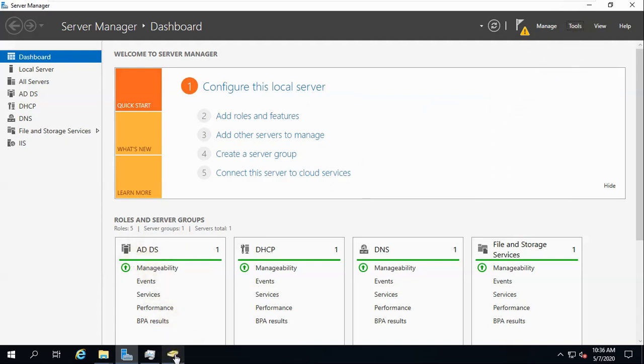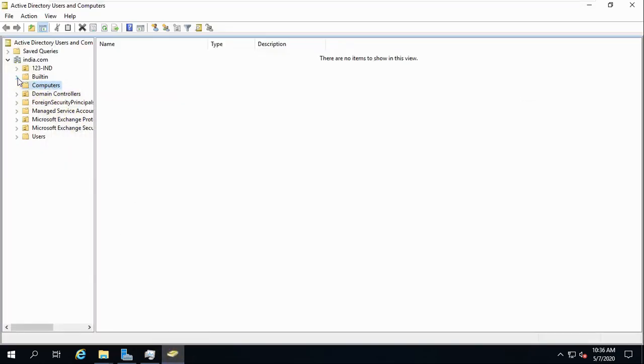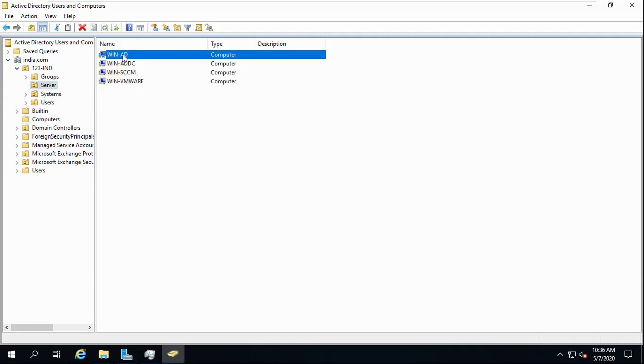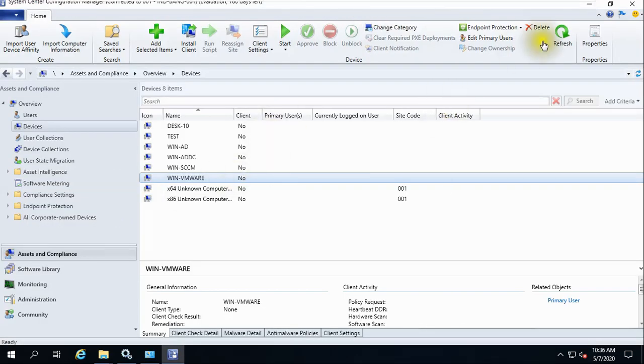When I created this, I had not moved this Active Directory to any OU, like this server OU, this WinAD, this domain controller. But when I paused this video, I moved it here. So this will also reflect in SCCM server. If you go to SCCM server and now refresh this, as you can see here, now it is coming like WinAD also. So 1 2 3 4 5 6 machines now. So at least 5. Let's see how many connect.